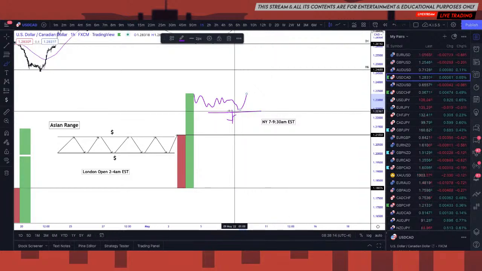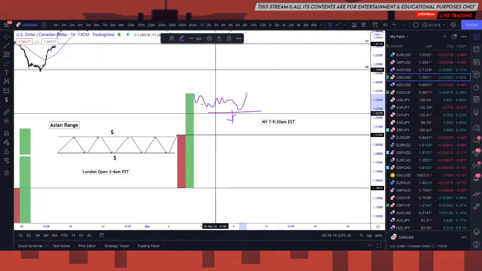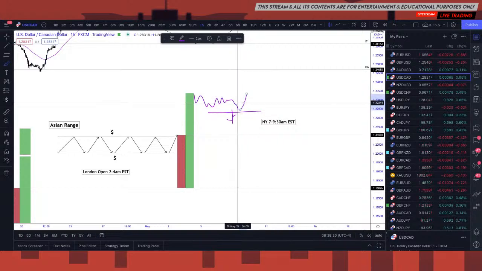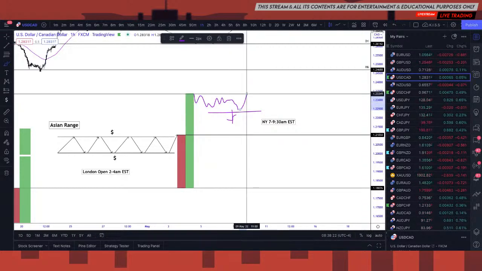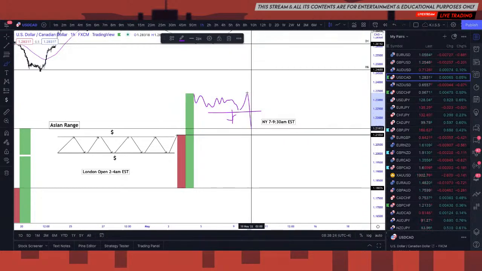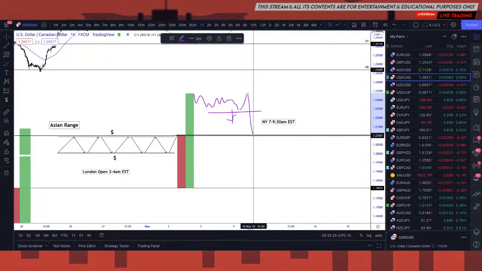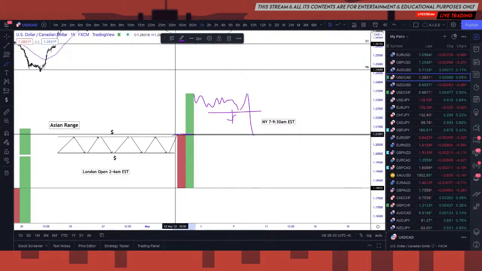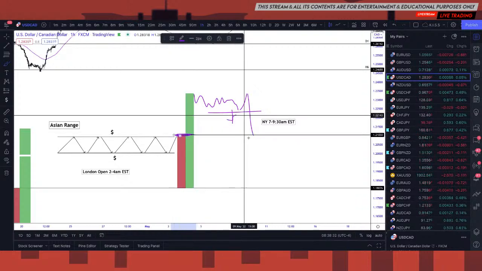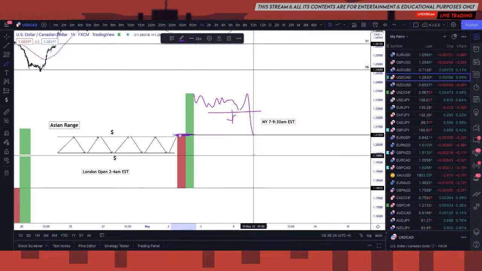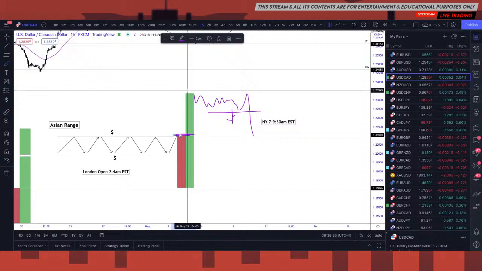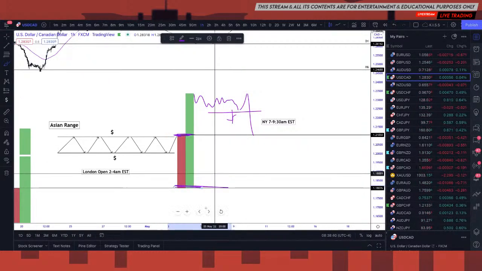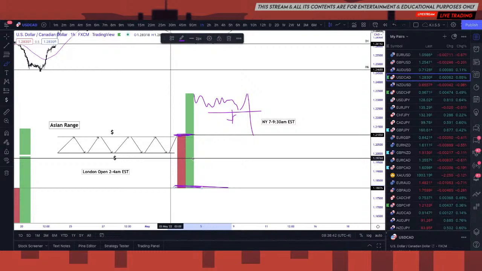So what we want to see, sorry for this crude drawing, but we want to see, again, liquidity engineered. Okay, and between 7 and 9:30 a.m., we want to see a run on the liquidity, and a mitigation of the price action from London session. Okay, so New York often provides the retracement for the expansionary move from London session, and we can have confidence in that because in an uptrend, London session ought to have created the high of the day or the low